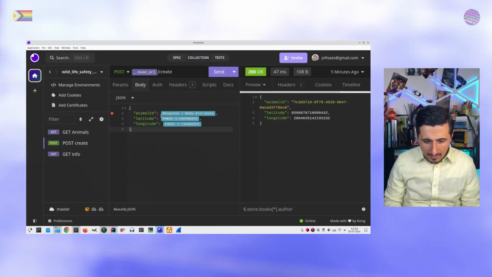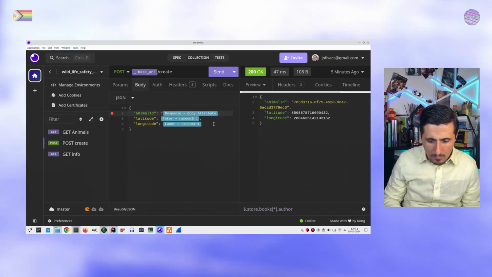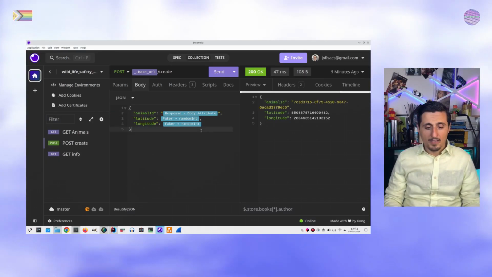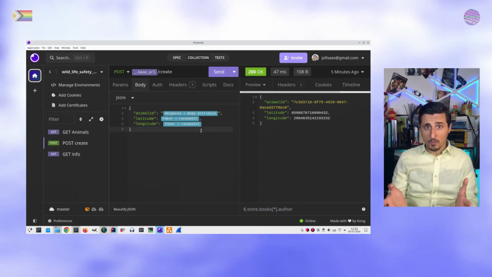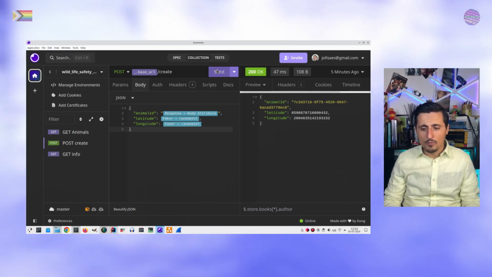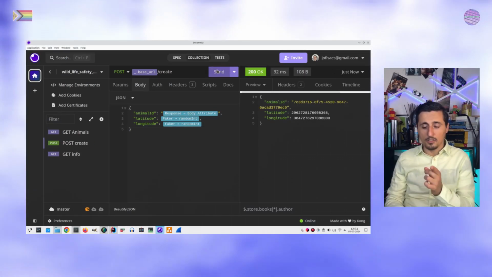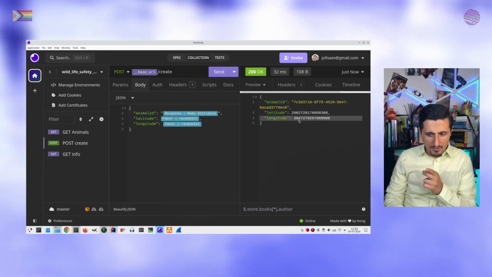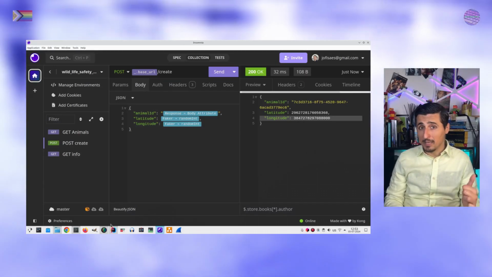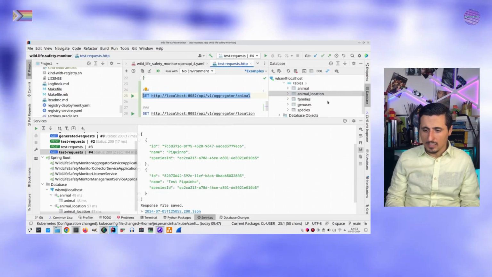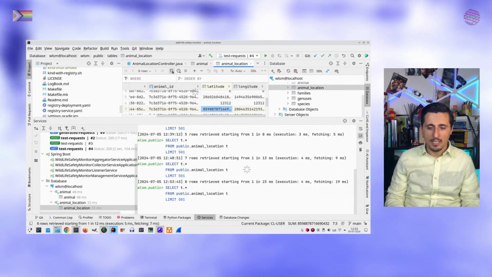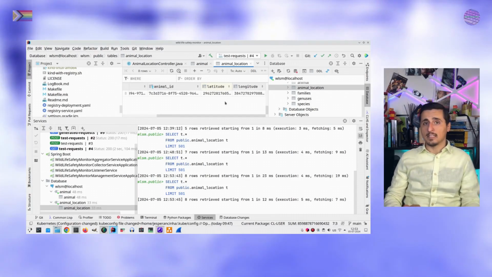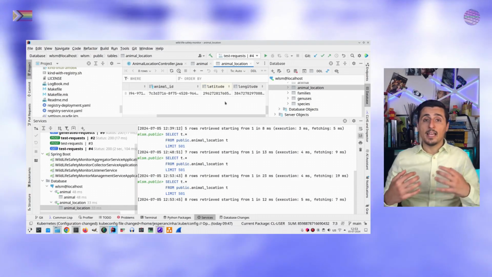We still get some errors because we removed the double quotes. Remember, the JSON payloads need to be defined with double quotes. If we send this now, we will see that the animal is correct. We got a new random number. Remember this 29 and this 38 over here, and let's see if we can see that back in the database. If we go to our database in animal locations and refresh, we can see 26 and 38, which means that this is the data that we have just placed in the database, and